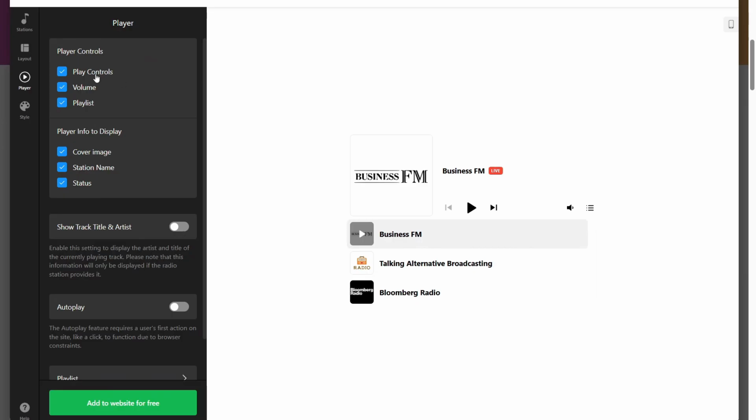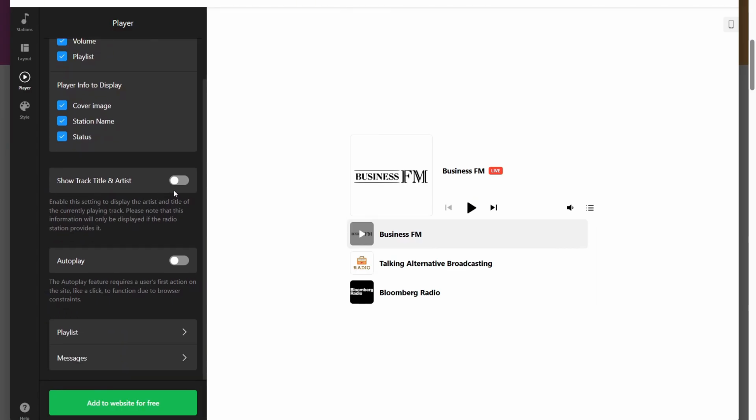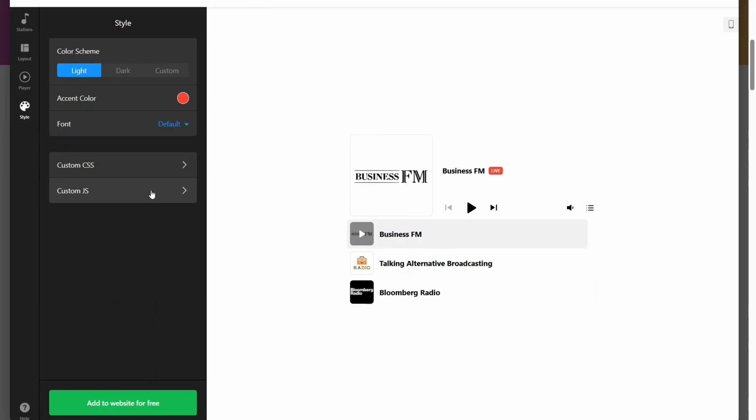You can add player controls and even disable them if that is something that you don't want to do. At the bottom, you can even show the track title and artist. And then at the very bottom, you can also add autoplay, so that whenever they scroll to the widget, it will automatically play. On the style section, this is where we can change our color scheme from light to dark